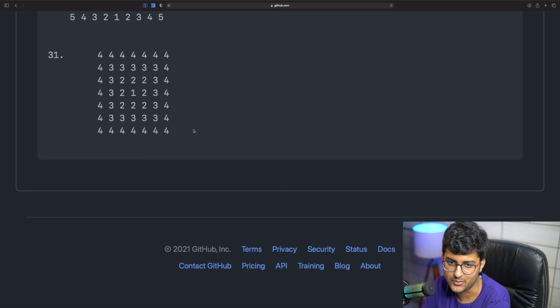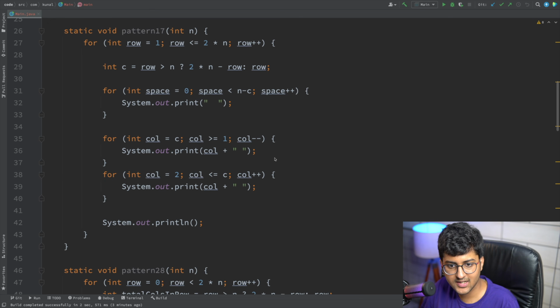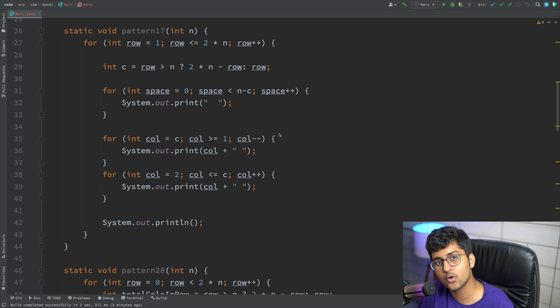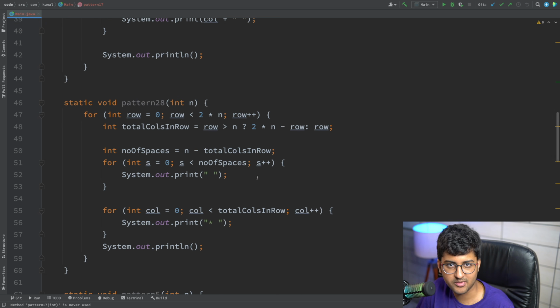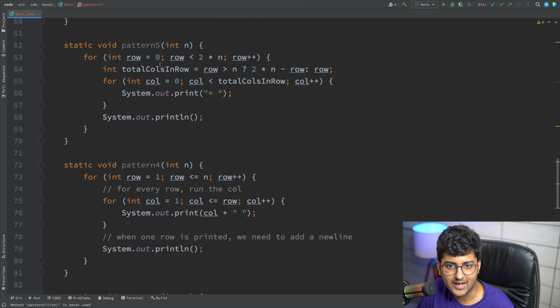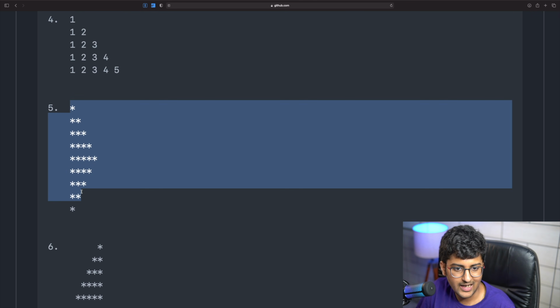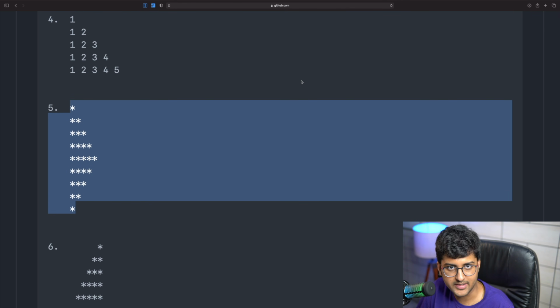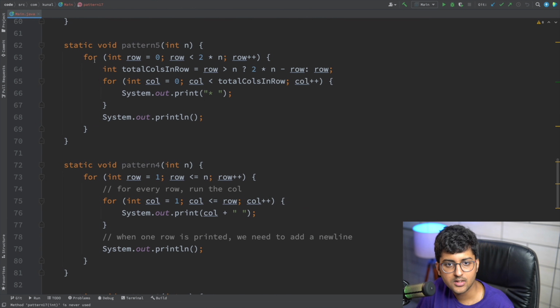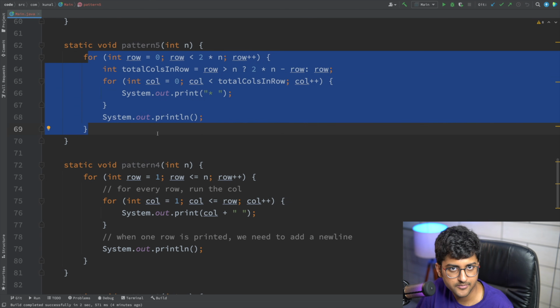Okay, let's do it. Now, before moving forward, I also want to share that sometimes 1 or 2 extra lines or spaces might come in between for more readable code. Obviously they're not going to ask this in the interview, so that is why I'm making exceptions over here. For example, in pattern number 5, the number of lines are 2n minus 1, but as you can see, the loop is actually running 2n times.